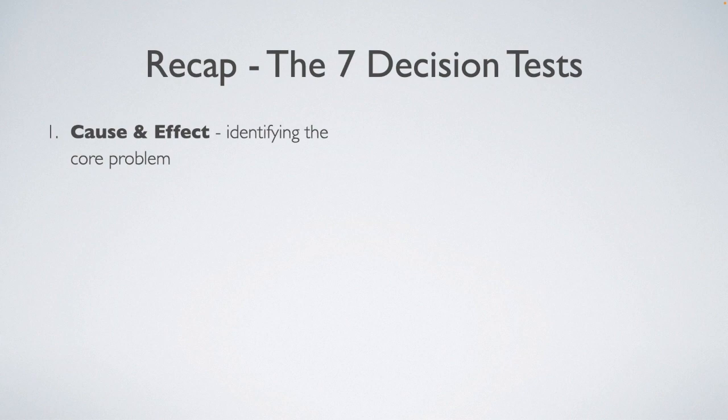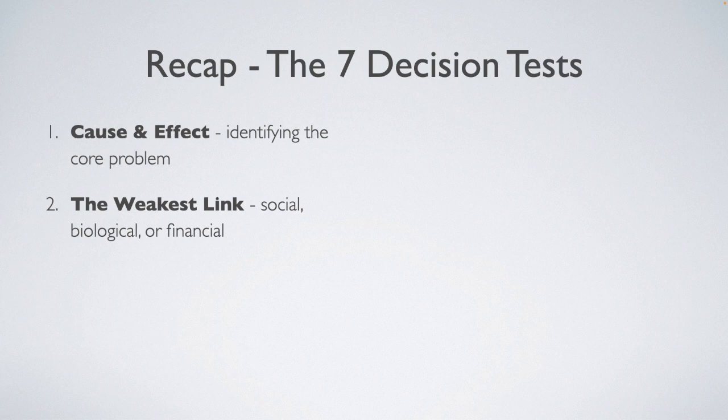The second was the weakest link, in which you identify the weakest link in your chain of production. The chain is only as strong as its weakest link. There are 3 categories of weak links: social, biological, and financial. For social weak links, you examine whether or not your action based upon prevailing attitudes and beliefs could create a weak link in the chain of actions leading to your holistic goal. You are looking for a social weak link whenever the action under consideration could adversely impact the lives of those